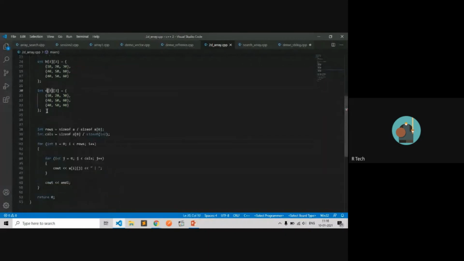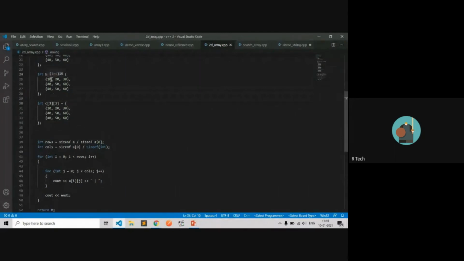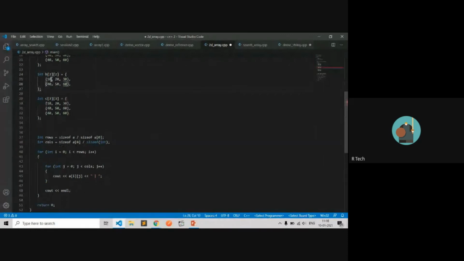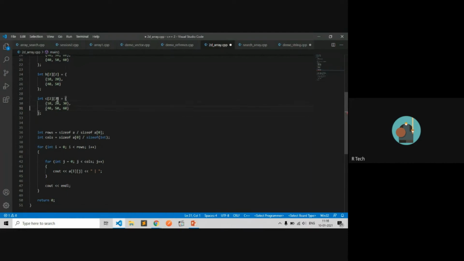Now, if you want to print all variables of different sizes, like there are only 2 rows and 2 columns in B, and 2 rows and 3 columns in C. I have to remove 1 column.